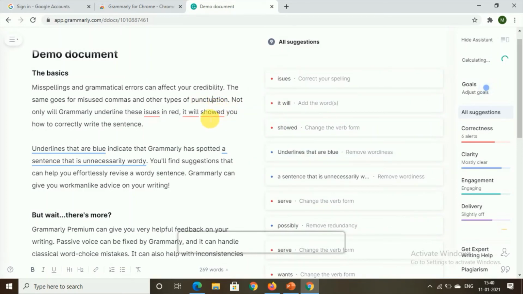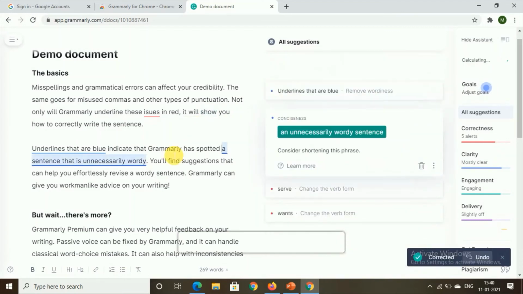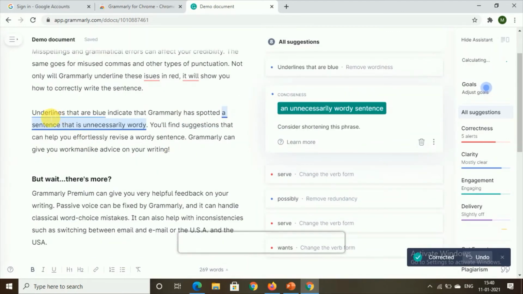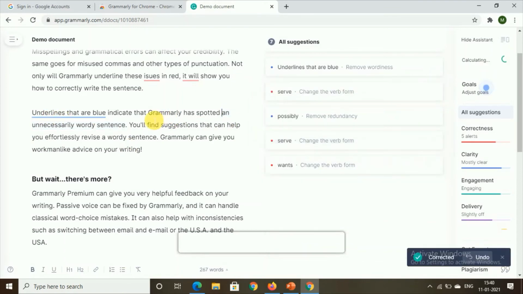Yes. So here we get showed. In the place of showed, we can use this show. So like this, you can analyze your paragraphs, you can analyze your work, and you can add probable or relevant changes. You can make relevant changes. So like this, it is all used, and it is really beneficial for you guys. So then next,